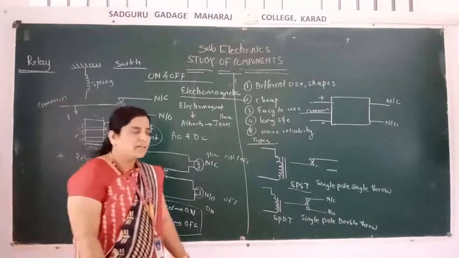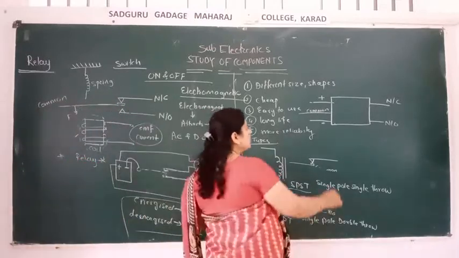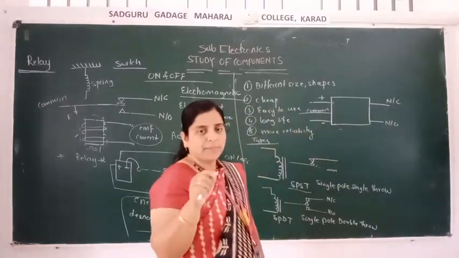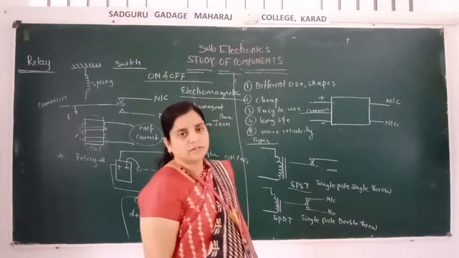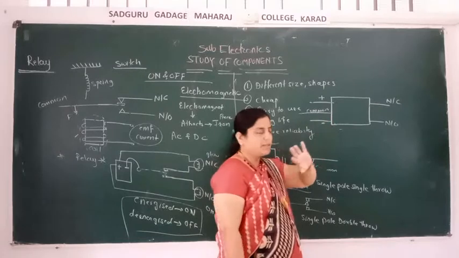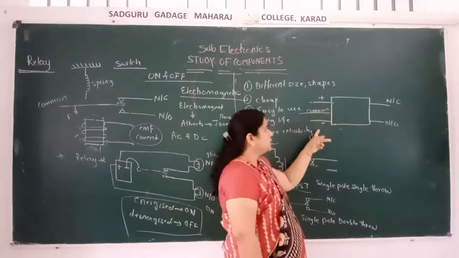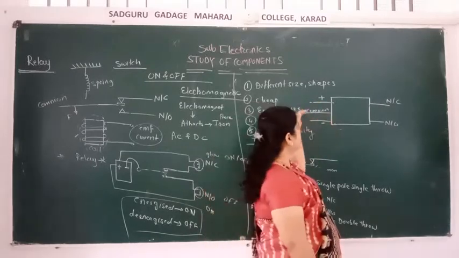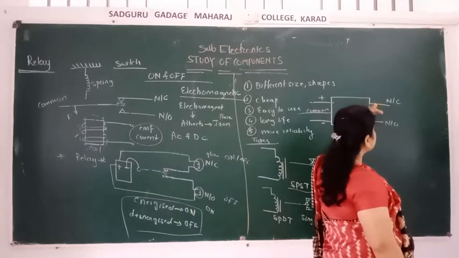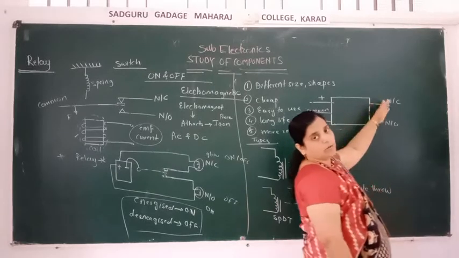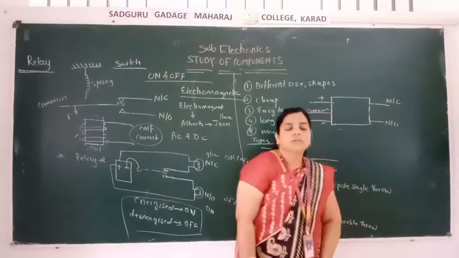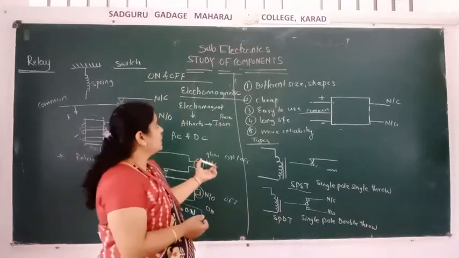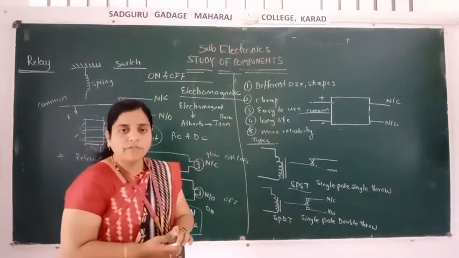Okay, nothing more difficult is there. So you only remember that it looks like this. It looks like a box-like shape. There are different types and shapes of relays. Simply there are 5 terminals, 1 2 3 4 5. In 3 terminals, one terminal is positive, one terminal is negative, and this is the common terminal. When the common terminal is attached to the upward side, the normally close will operate, and if it is attached to the downward side, then the normally open will work. Okay, only this much is there in the relay. All of you understand this?